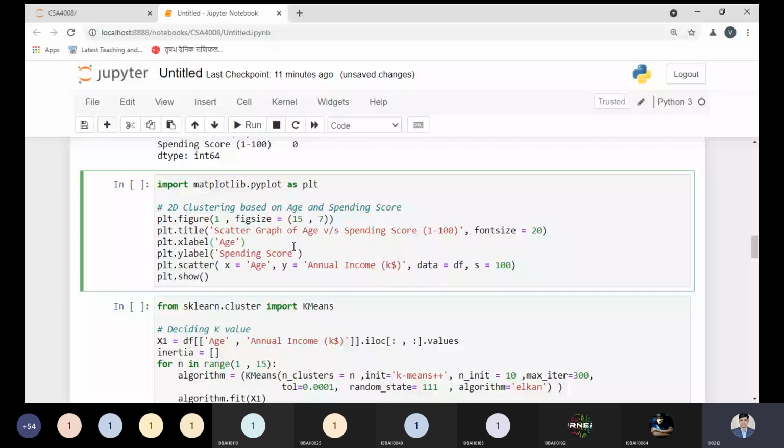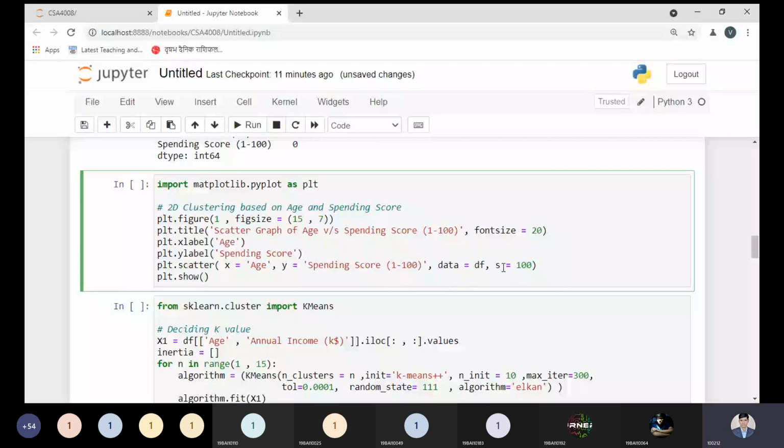So that is the point you have to keep in mind. I'm making the information over here on my graph. So every dot value, every piece of information printed on the graph is based on the age, and based on the age, our spending score will be plotted.